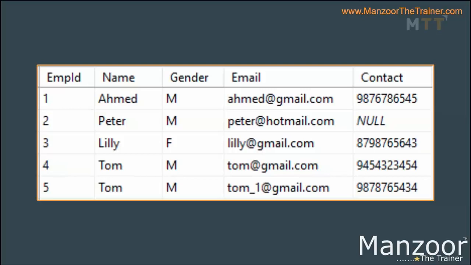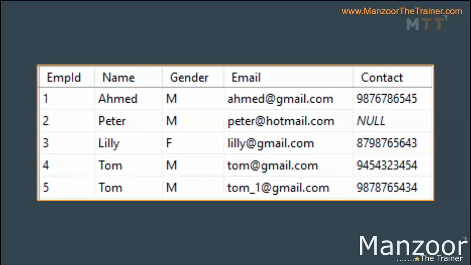So these 2 attributes are called candidate keys. What do we call them? Candidate keys. So how many candidate keys do we have in this table? 2. One is employee ID, another is email. Now it's up to my requirement to choose any one candidate key to refer to a row uniquely. If my application is purely based on sending bulk emails, then I'll use email as my candidate key. But normally what we choose, we use employee ID.